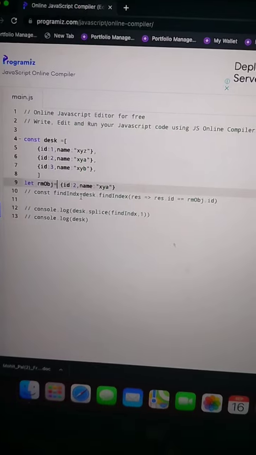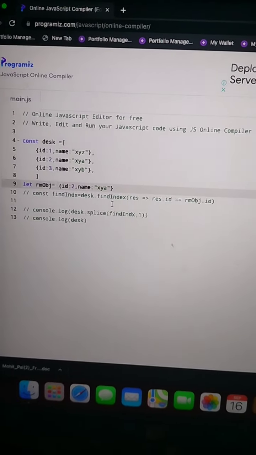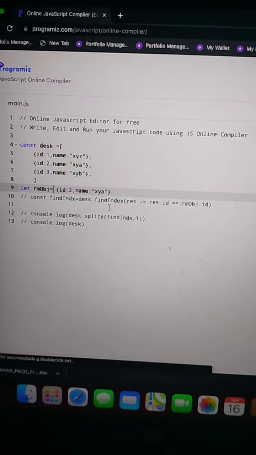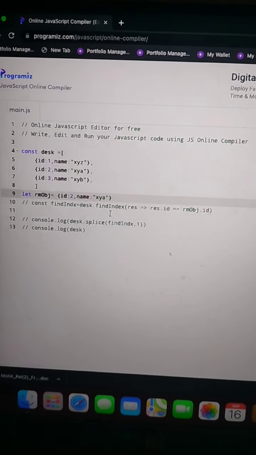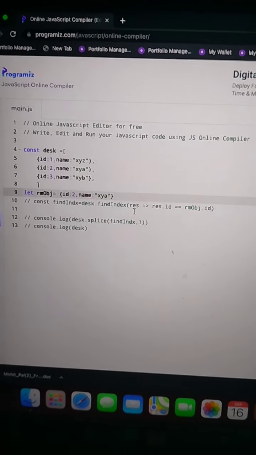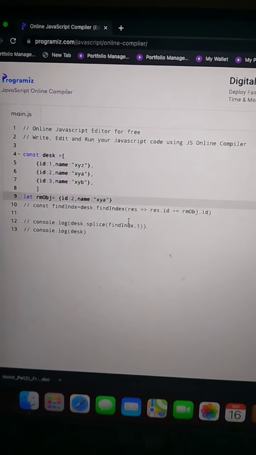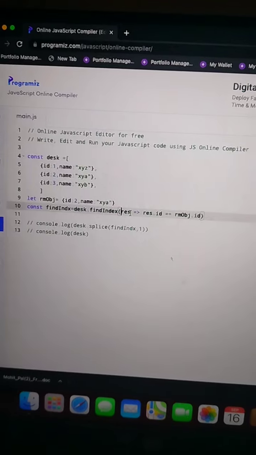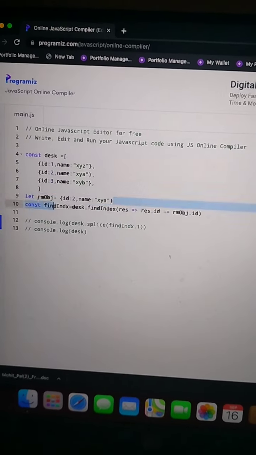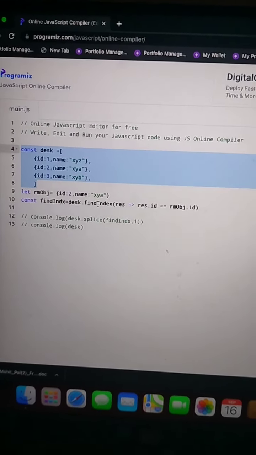For this we have to use two array methods which were newly introduced in ES6, meaning ECMAScript 6, known as findIndex and splice. findIndex we use to determine the index of that object from this array. For this